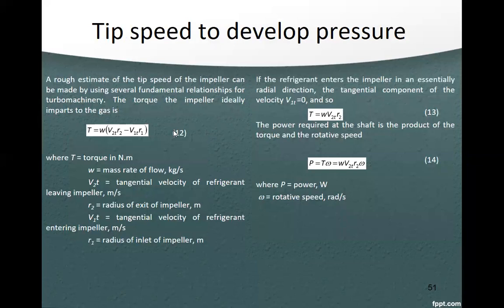Now, to compute the tip speed to develop pressure, a rough estimate of the tip speed of the impeller can be made by using several fundamental relationships for turbo machinery o yung fluid machinery. The torque the impeller imparts to the gas is T equals W times (V sub 2T R sub 2 minus V sub 1T R sub 1), where T is the torque, W is the mass rate of flow,